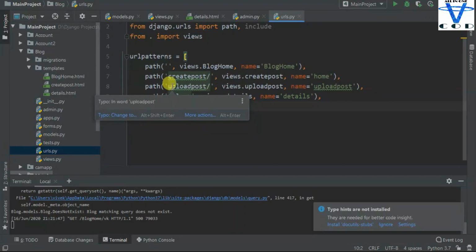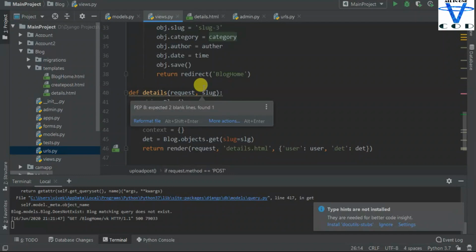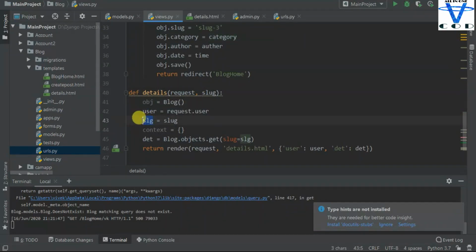Okay, now you got the point. We store whatever characters the user adds after the slash in this slug, and we are redirecting it here, and we are storing the slug in this slg variable. And now we know what the user is clicking or what the user is searching.